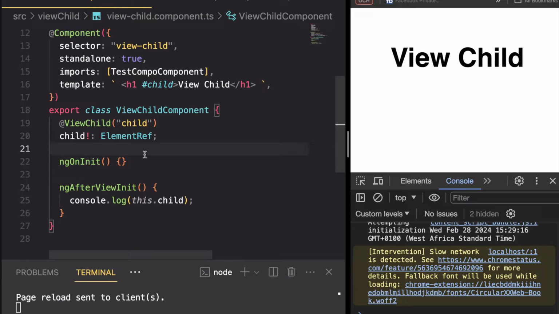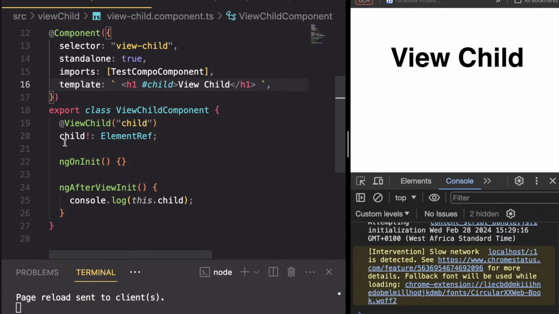Here we are going to learn about the new viewChild API that was recently released. Now this viewChild API banks on the Angular signal feature to be able to get element references from the DOM. But before we learn about the viewChild API, let's first look at the traditional method of grabbing element references from